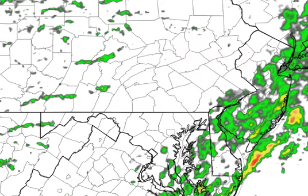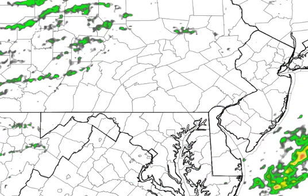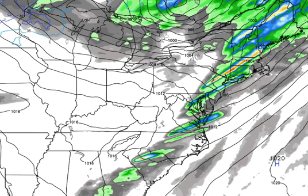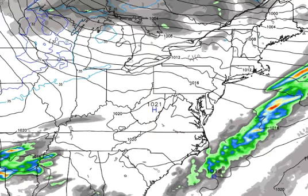Ready to move into New Jersey at this point, and then by 4 p.m. it's just about off, so areas in the interior will start to have improving conditions late in the day here on Tuesday, and that's going to continue. That trend continues into Tuesday night, so we are dry in the overnight hours on Tuesday. So we have to get through these two systems over the next 2 days. That's really the big deal in the beginning of the week,